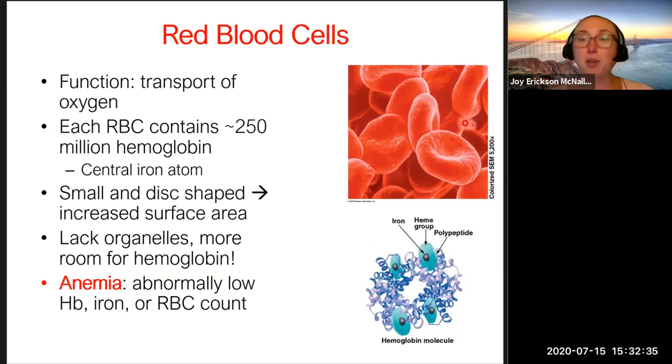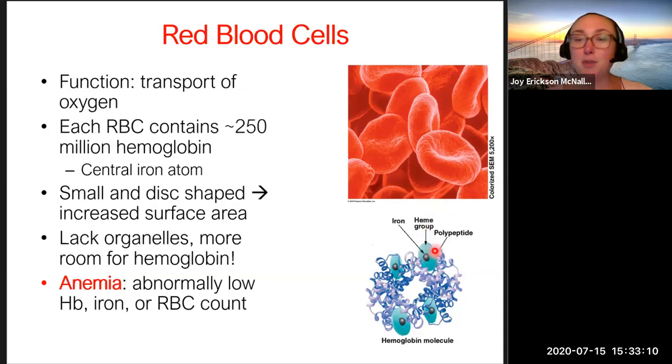So there's 25 trillion of these, and each one of these cells contains around 250 million molecules of hemoglobin. And hemoglobin is the protein that binds and transports oxygen throughout your body. And it turns out oxygen doesn't readily dissolve in your blood. It needs hemoglobin to facilitate its transport. We talked about it before, way back when in the protein lectures, but hemoglobin has 4 polypeptide chains, and each of them contains what's called a heme group, and within the heme group is a single iron atom.